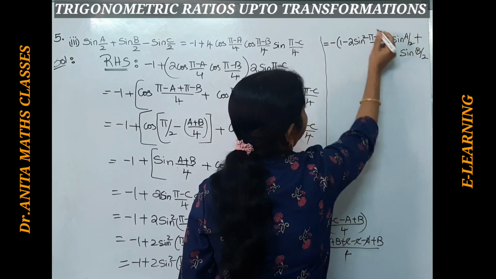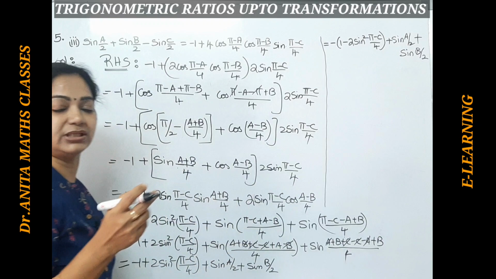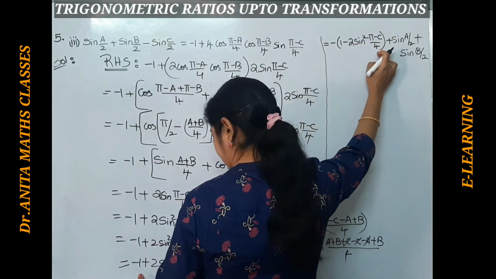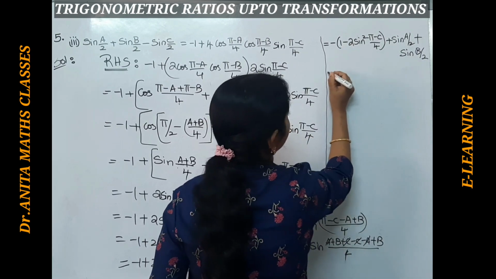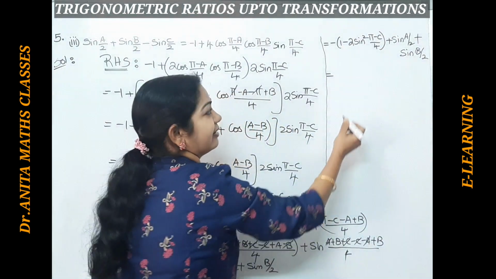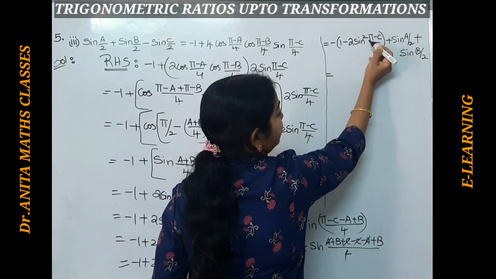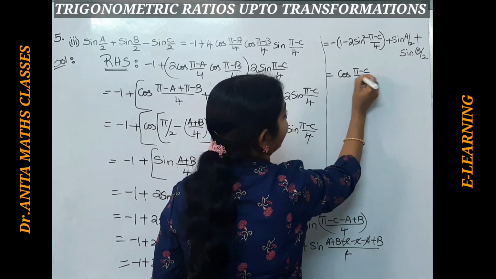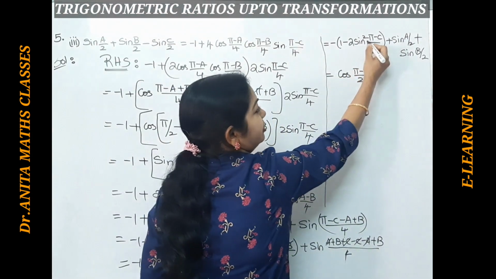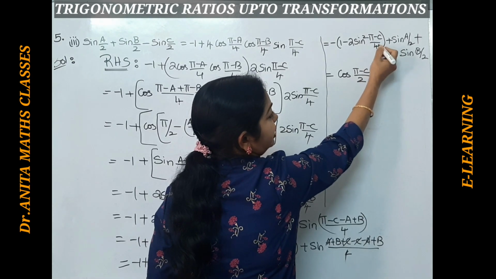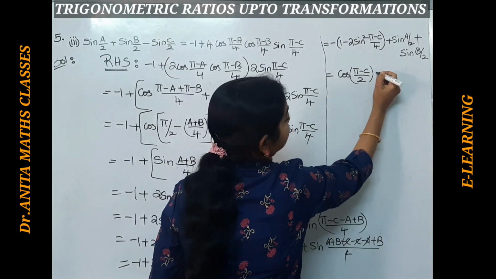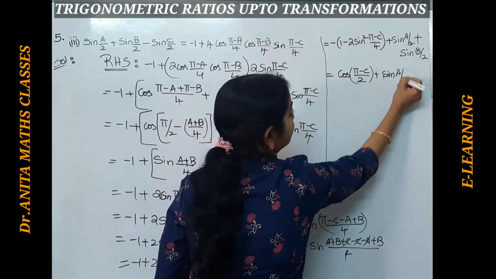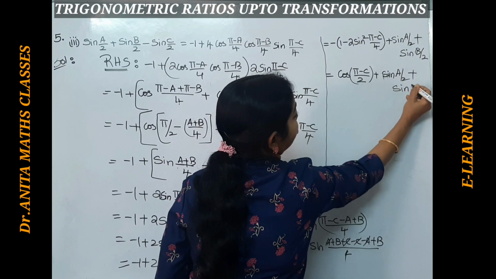Okay. So this is the formula of cos 2 theta, cos 2 theta in the form of sine. So 1 minus 2 sine square theta. So this is plus, so I have taken minus. So this is cos 2 theta, where theta is this. We can write this as cos of (pi minus C)/2, 2 theta. So 2 into, I am multiplying 2, 2 goes off. So this becomes cos theta plus sine of A by 2 plus sine of B by 2.